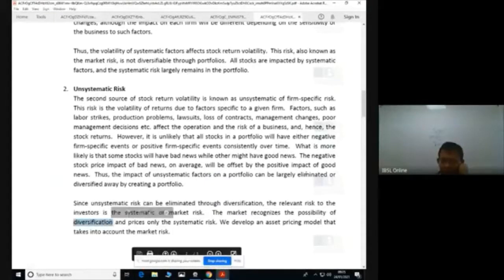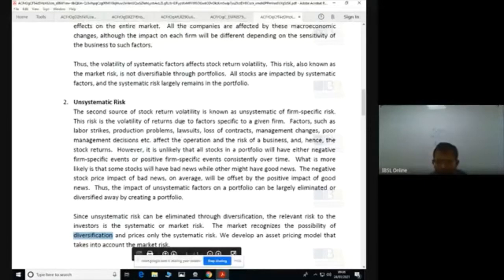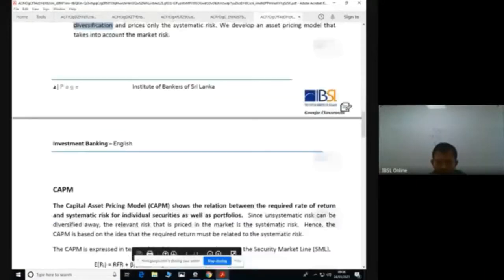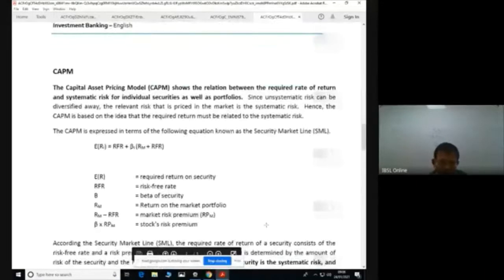The examiner can test you, right? So if you can avoid it, then you don't take it into account when you calculate. But if it is not possible for you to avoid it, then take some percentage or a figure into the calculation. That's why we have taken the beta calculation. Beta is the measurement of systematic risk, right? This is again the formula explaining.